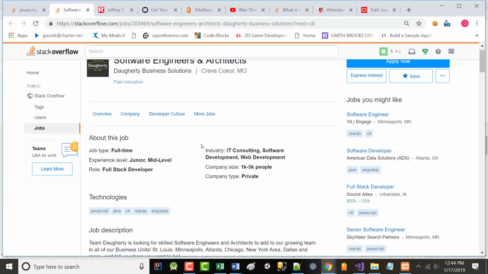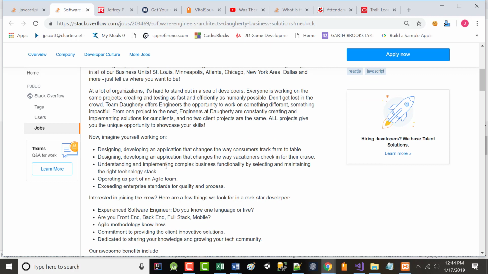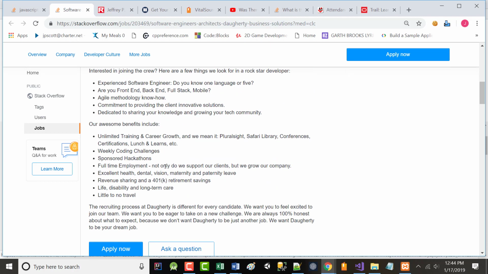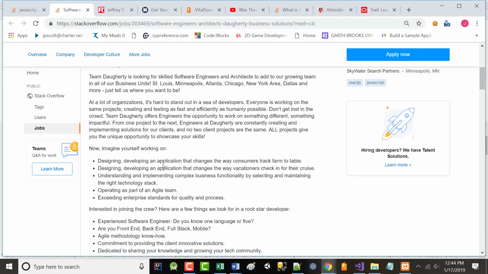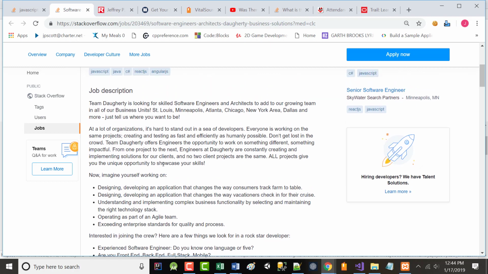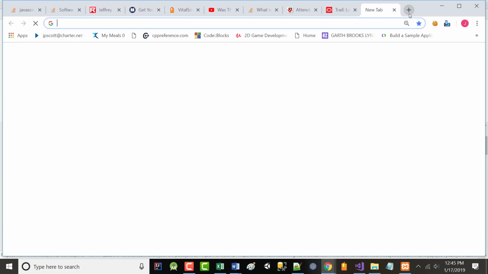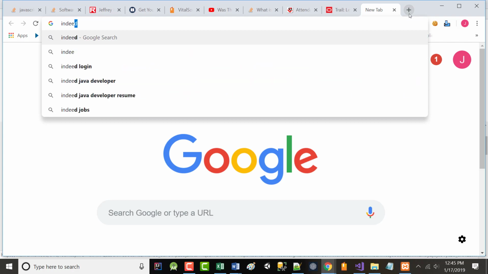But it's for a junior mid-level full stack developer, and much of the stuff they ask for is stuff you've done. I actually sent it to Colin this morning, and he hasn't gotten back to me, because I know he was going to be doing a video interview with that Bulwark company that he sent something to, and I sent him another thing. I was just wondering if he'd heard anything. But the point is, I've shown you that, and I've mentioned this before.